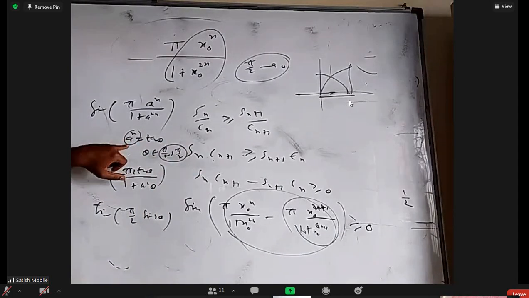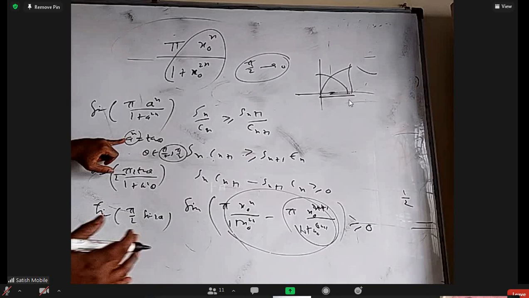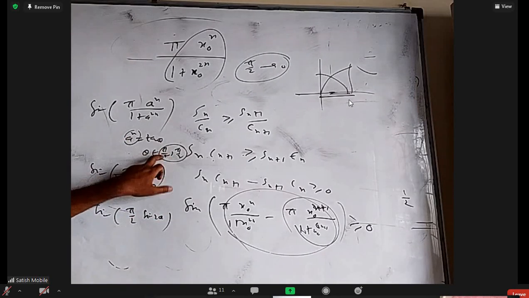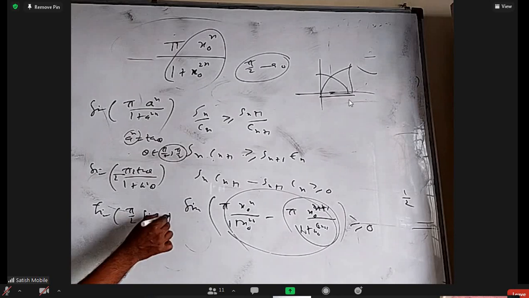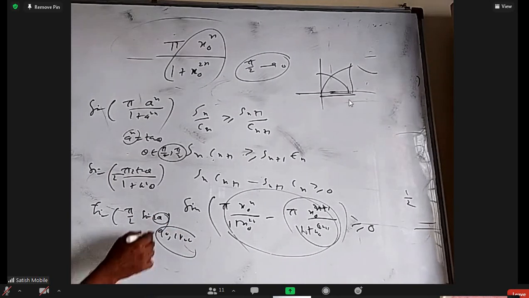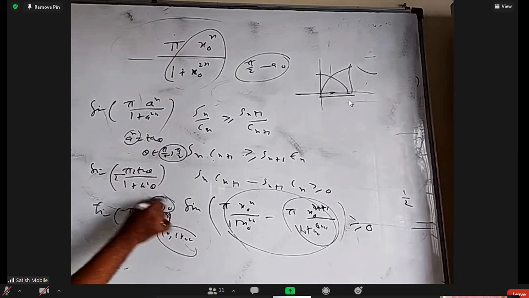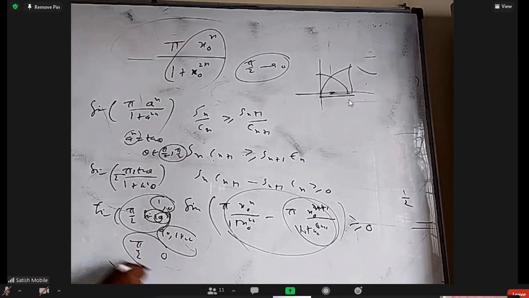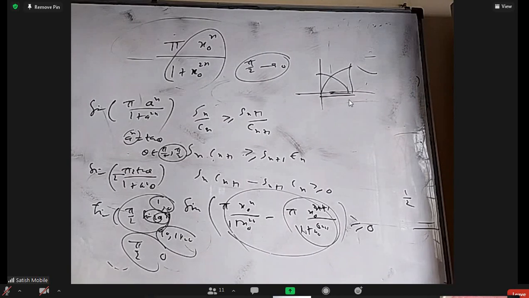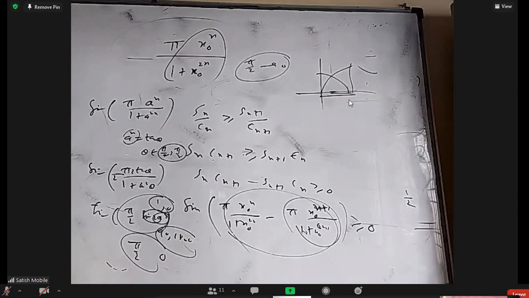Because if a is more than 1, you are starting with something very close to 1 and going to a very high value. So the corresponding theta is 45 to 90 degrees. 2 theta will be 90 to 180. If that is 90 to 180, this will go from 1 to 0. So this is decreasing from pi by 2 to 0. And the sine of that is always positive. Positive and decreasing.